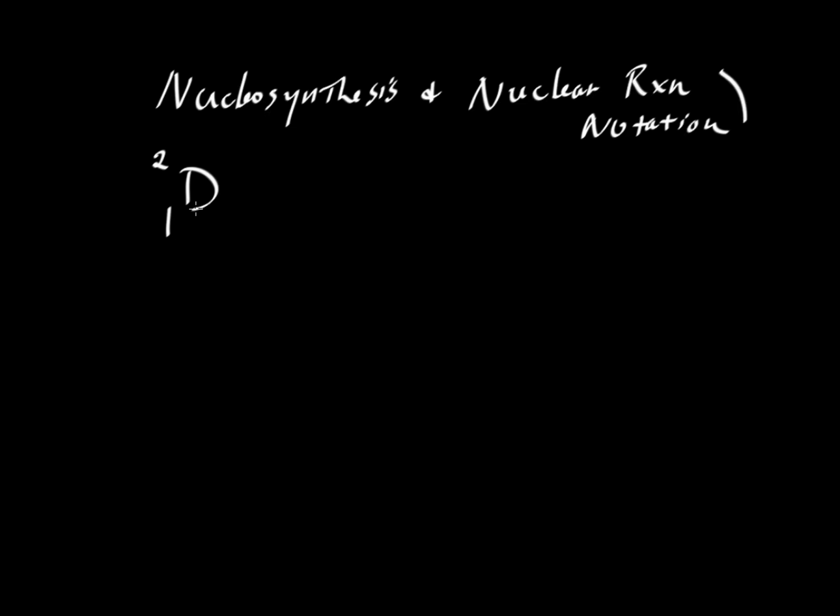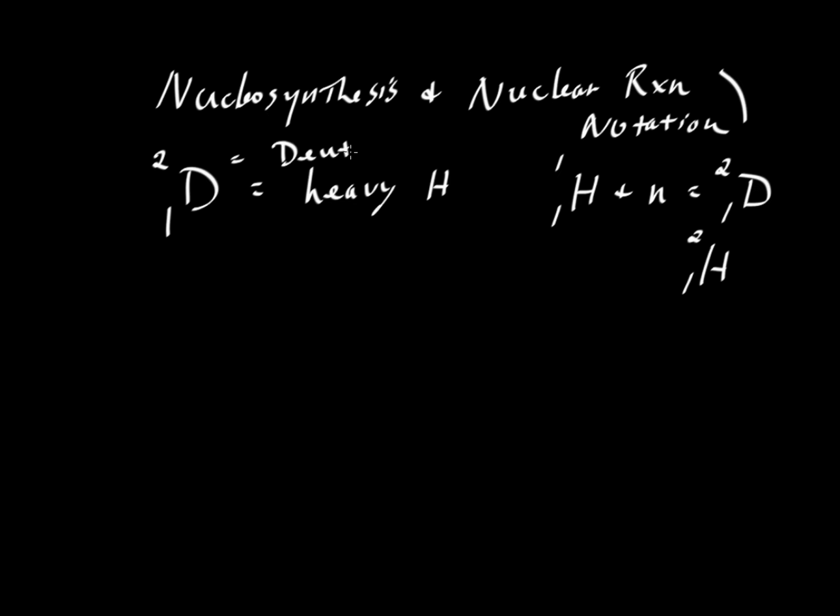So D is hydrogen, otherwise known as heavy hydrogen, because it is a hydrogen atom. Normal hydrogen would have one proton in the nucleus and no neutrons, so it would have an atomic weight of 1. But if we add a neutron to hydrogen, then we can have hydrogen that is heavy. We still have just one proton in the nucleus, but we have an atomic weight of 2, one proton plus one neutron. We can write this as an H, using the typical symbol for hydrogen, but we also call this by another name, deuterium,